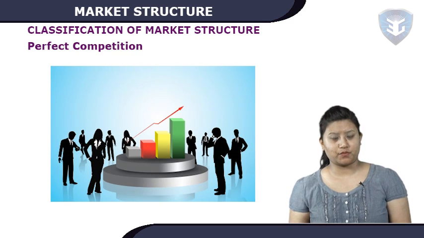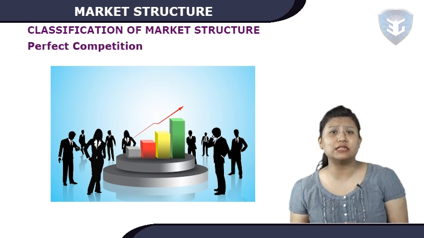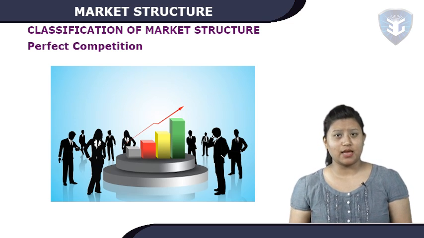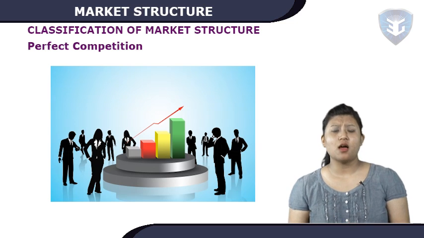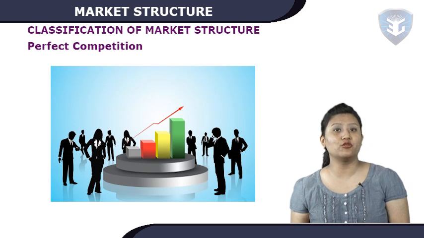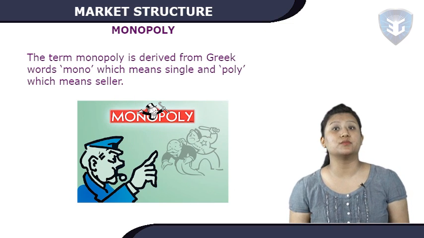Perfect competition. Though in concept perfect competition exists, in real life only near perfect competition can exist. The staple food and vegetables we buy from the market is perfect competition. However, when they start branding, they move towards oligopoly. Now moving on to the next topic, we will discuss the monopoly.